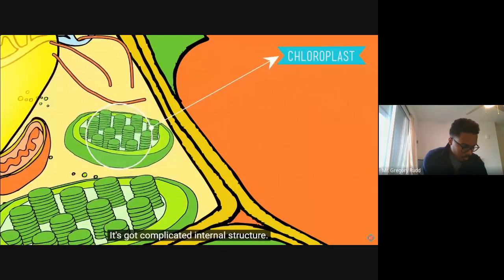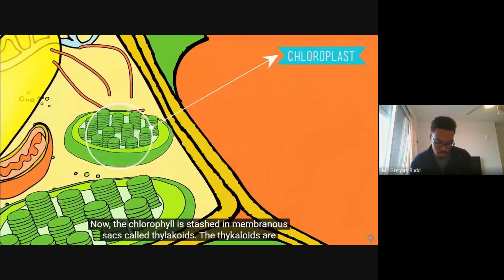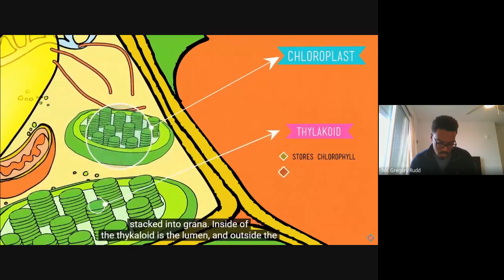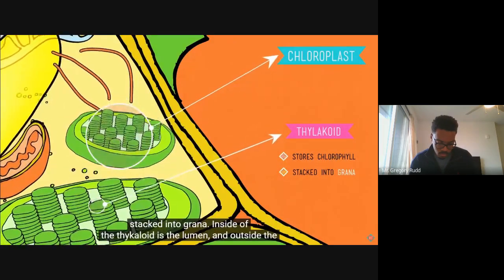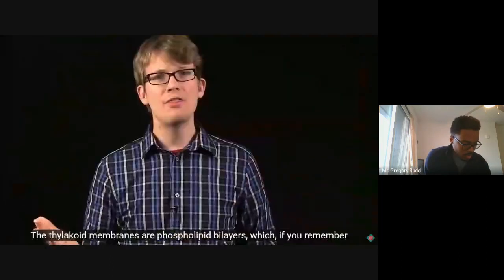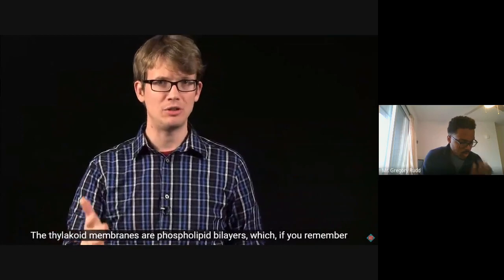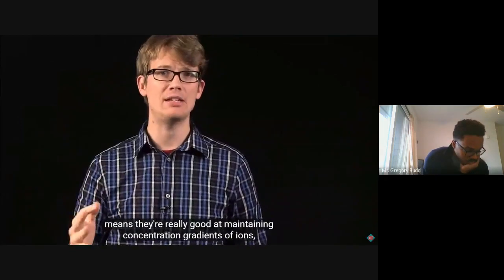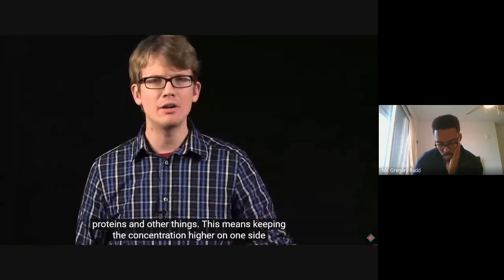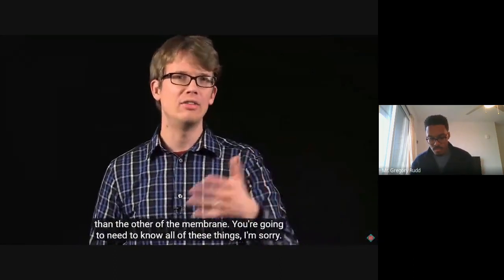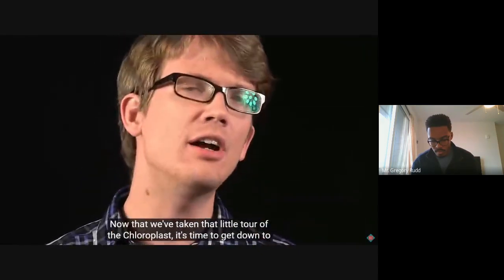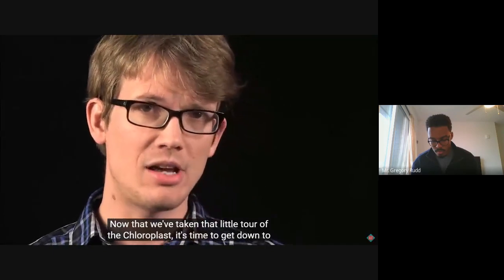It's got complicated internal structure. Now, the chlorophyll is stashed in membranous sacs called thylakoids, and the thylakoids are stacked into grana. Inside the thylakoid is the lumen, and outside of the thylakoid, but still inside of the chloroplast, is the stroma. The thylakoid membranes are phospholipid bilayers, which, if you remember, means that they are really good at maintaining concentration gradients of ions and proteins and other things. This means keeping a concentration higher on one side than the other of the membrane. You're going to need to know all of these things. I'm sorry. Now that we've taken our little tour of the chloroplast, it's time to get down to the actual